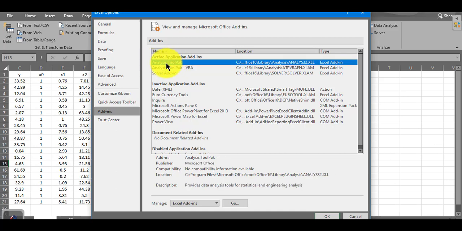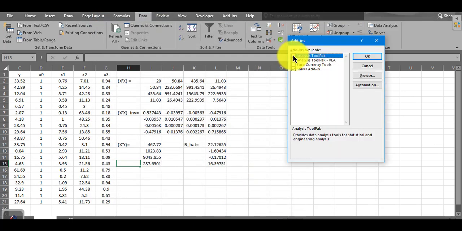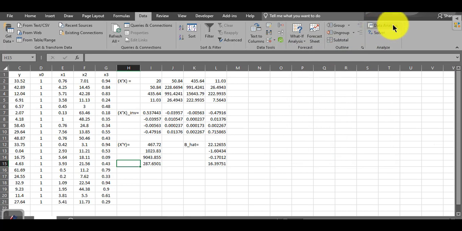So if you have Analysis ToolPak, you click on it and move down to the bottom of the window. Then you will see Manage. Click there and make sure that what is showing is Excel Add-ins. Then you click on the Go button here. You see here that this particular one is marked. If it is not marked, then you click on it so that it will be marked. Once you do that, you just click on OK. Then you can now see it right here. So we are together now. So let's move on to perform the